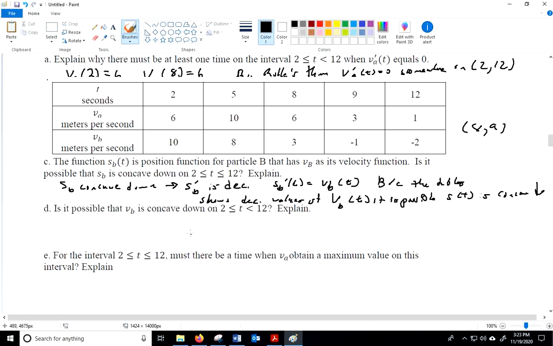There we go. Is it possible that V sub B is concave down? Ooh, a little different. Is it possible that the derivative of S... Okay, well then, in order for that to be the case, we would need the acceleration, the derivative of V sub B, to be decreasing. Well, let's take a look. I'm going to find the average rate of change